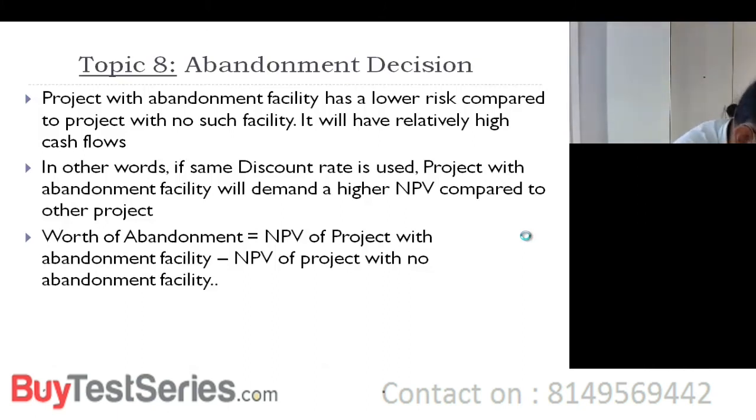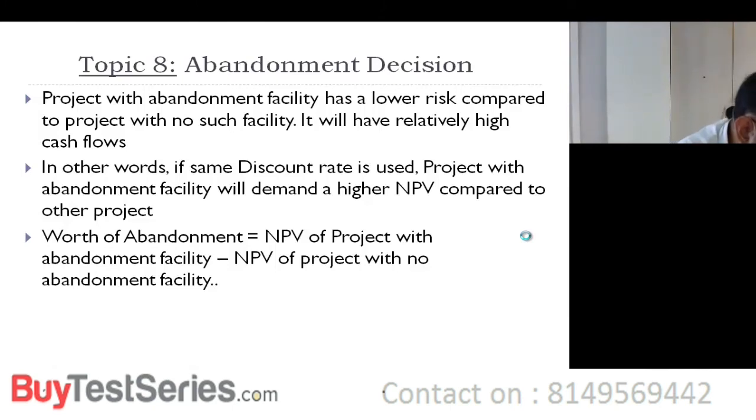Question 20. Shweta Industrial Works is considering a project involving an outlay of 70 lakhs. 70 lakhs is the investment. The company's opportunity cost of capital in its existing business is 12%, which is capable of being expanded further. Based on the risk perception associated with this project, the discount rate is determined at 15%. See, two things are given. Initial investment of 70 lakhs. Company's cost of capital is 12%. Based on the risk of the project, the discount rate is determined at 15%. So it is only 15% that should be used to discount the cash flows, not the cost of capital, right?